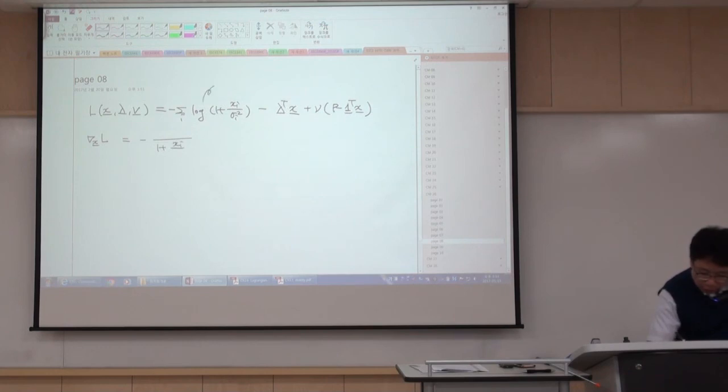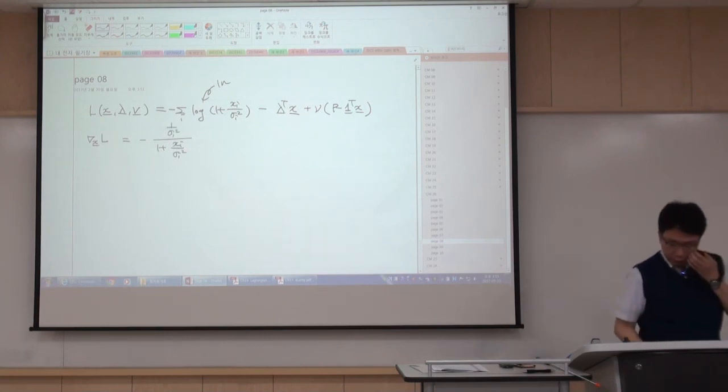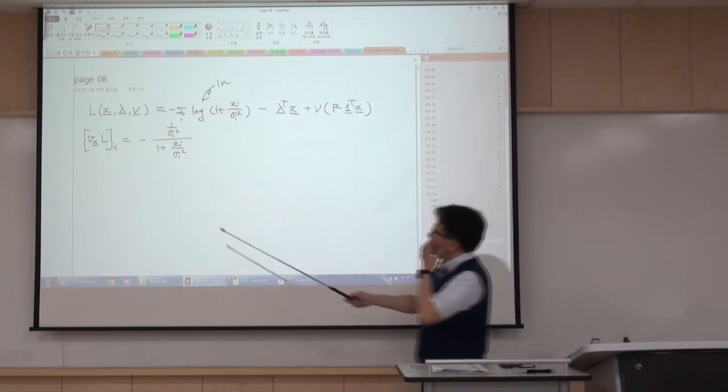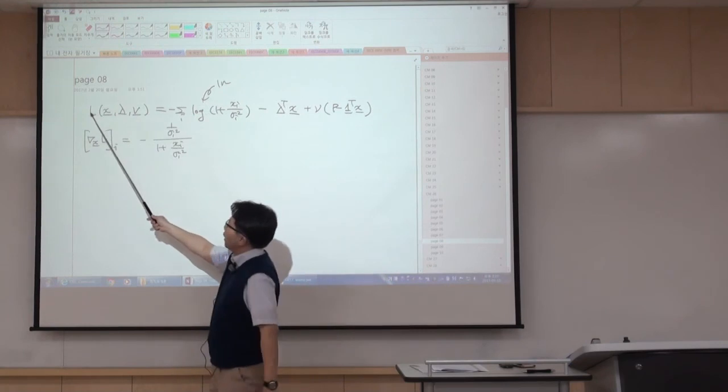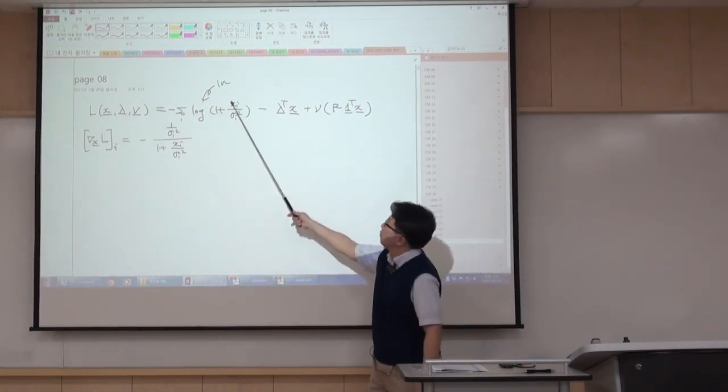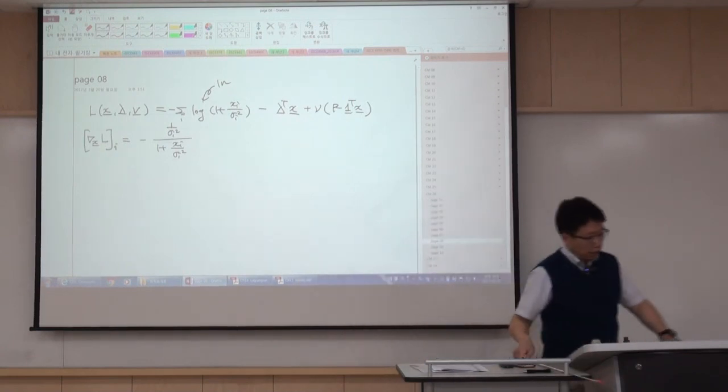By the way, let's assume that this is the natural log. Let's see the ith entry. What does that mean? We differentiate this L with respect to xi. Then this is the first term. And the second term is,